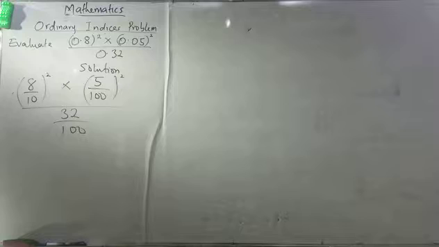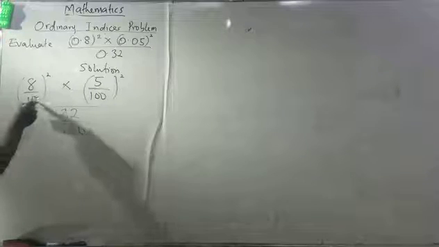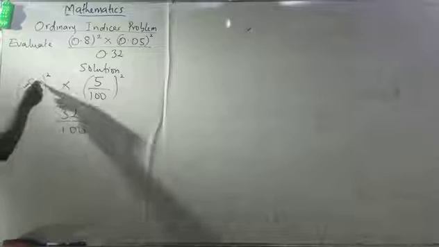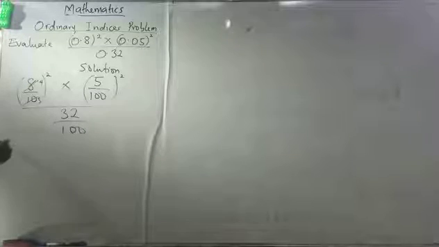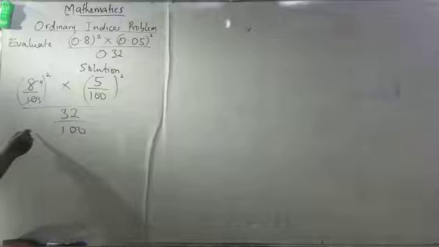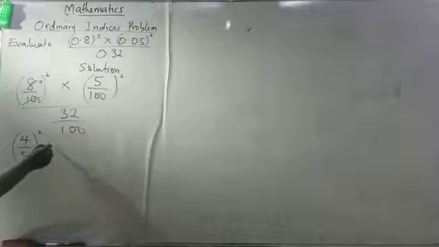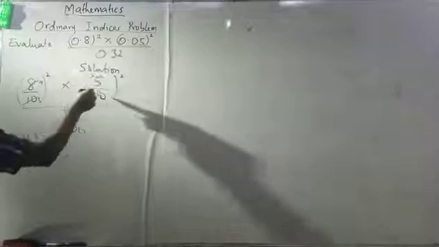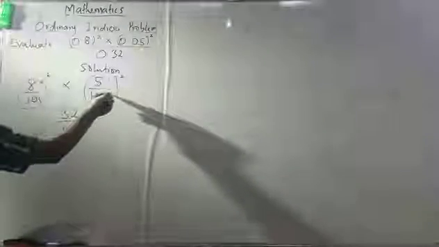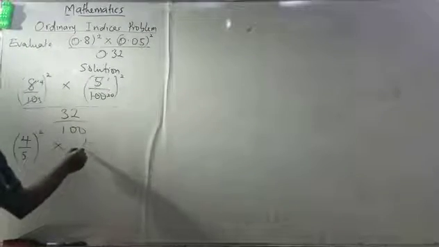Now, for me to move on with this, I know that 2 here is 5, 2 here is 4. Now, I can say that 4 raised to power all over 5, bracketing 2, multiplied by 1 all over 20,